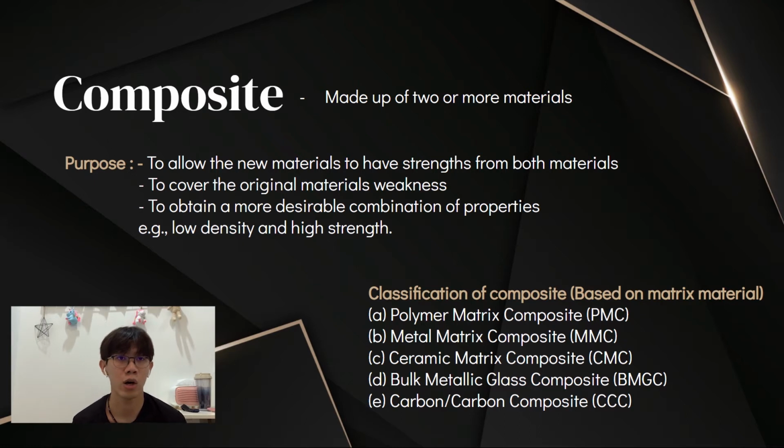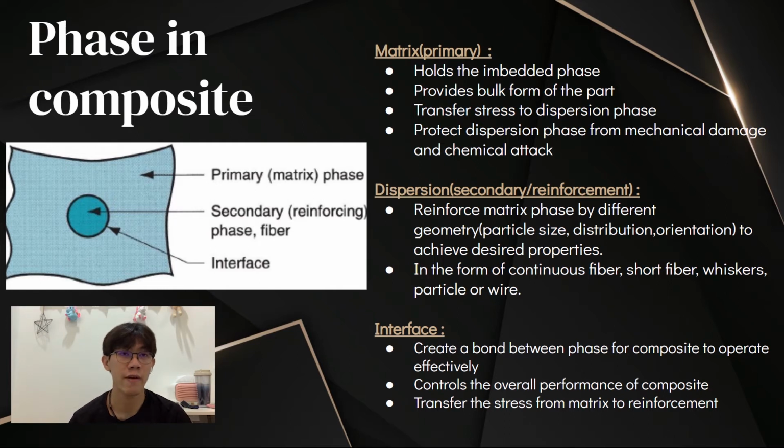On the basis of the matrix phase, composites can be classified into polymer matrix composite, metal matrix composite, ceramic matrix composite, bulk metallic glass composite, and also the carbon-carbon composite. The composite generally has 2 phases, matrix phase and dispersion phase. The matrix phase can be called the primary phase. It's a continuous material that holds the embedded phase in place by enclosing the composite and helps to provide the bulk form of the part. Besides, it also helps to transfer stress to the dispersion phase and to protect the dispersion phase from mechanical damage